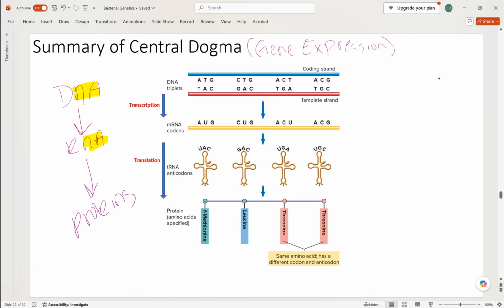And during transcription, that DNA is going to be used to make RNA. Remember that our RNA is always going to be made 5' to 3'. Okay, always. And it's single stranded, which is what you see here, that one single, in this case, yellow strand. And we used our double stranded DNA to make it. So let's go back and review our features of DNA.